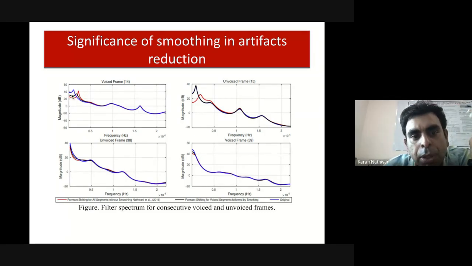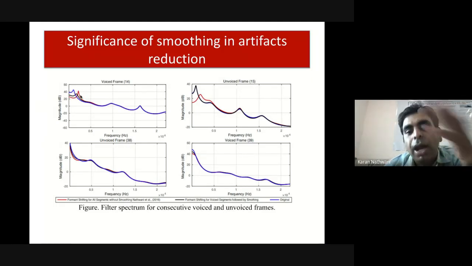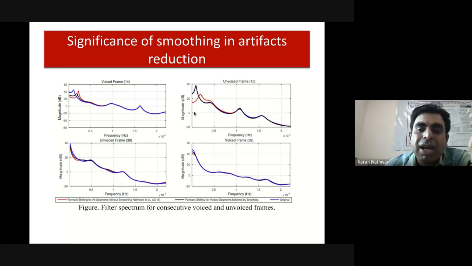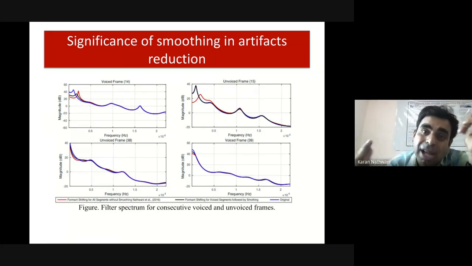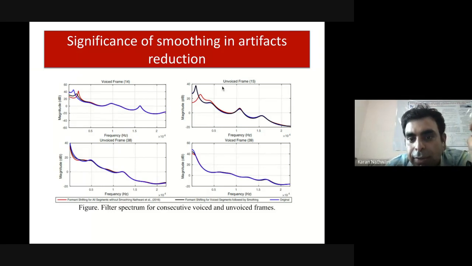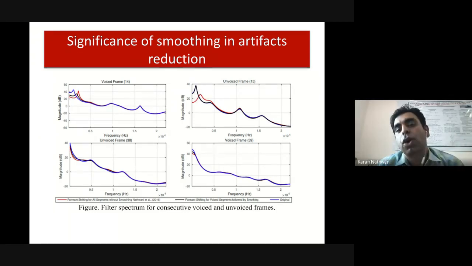So you can see the black curve is again very close to the blue curve, and the red one is again out of scope. This was obvious, because when the formants are smoothed, they become closer to the original and the naturalness is preserved. Another thing is that for the unvoiced segment, this is quite obvious, because unvoiced does not change with smoothing, but for the red curve, which is the previous approach, you see there are changes. This is where the artifacts were lying. You are changing the unvoiced segments also. But in my case, as a proposed method, they are not doing it.